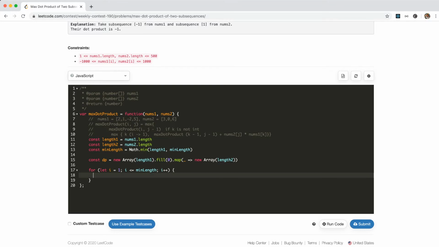Okay, so like we draw a table, and the length is 1, means it's the 2. Okay, so we for let j